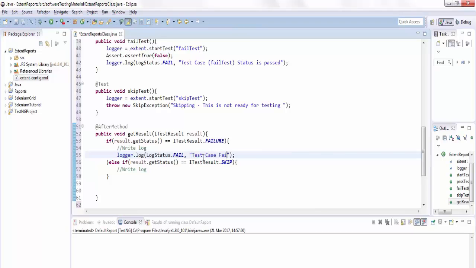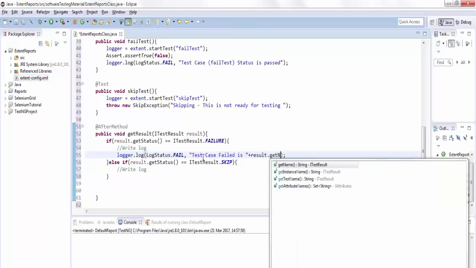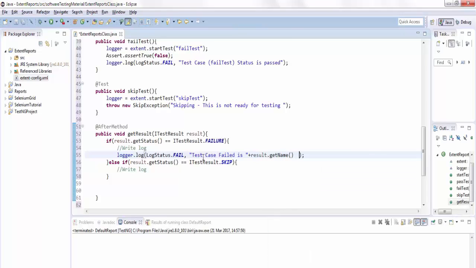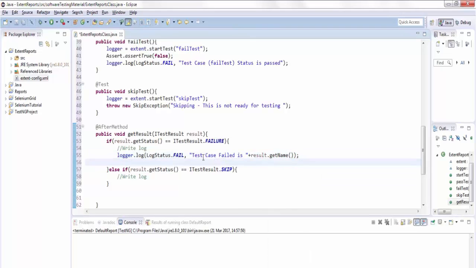I am taking it as "test case failed is" followed by the test case name I need. So I am taking result dot get name, which means it will show the method name here. So again I am taking